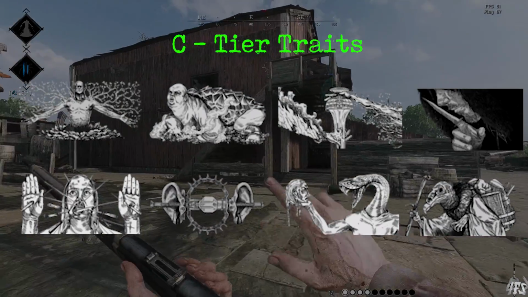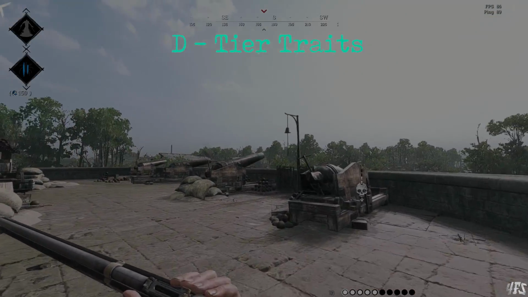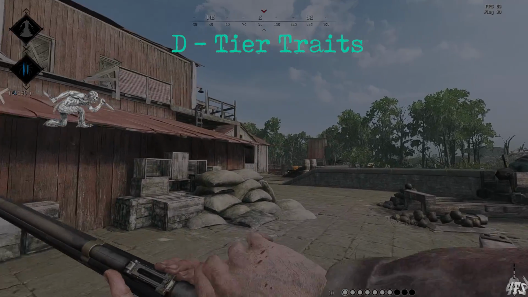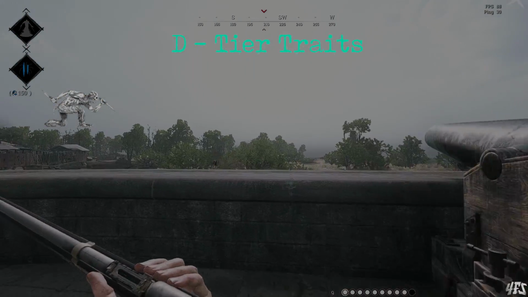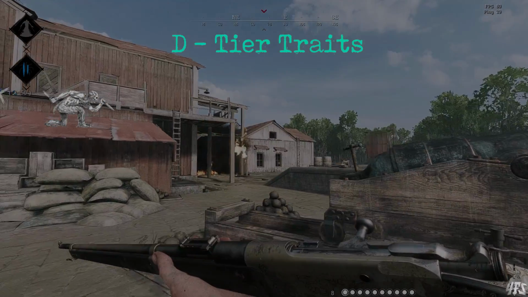Then to finish off, we have the list of D tier traits. Now these are the ones that more or less have no impact on the game. Let's look at Gator Legs. You lose less stamina in deep water. If you like to sprint through deep water to the point where this is conceivably useful, then I would suggest